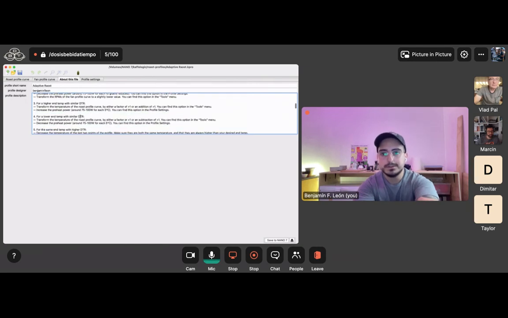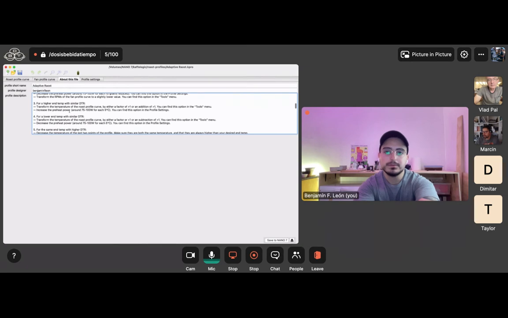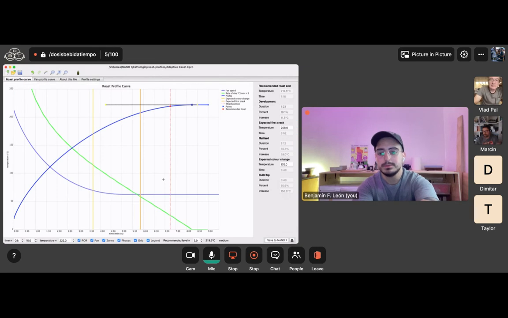So, higher temperature and similar DTR. This is basically just roasting darker, in my opinion. And how do you do this? Well, you can either transform the temperature roast profile, right? So that would be the same adjustment. Over here on the roast profile curve, just press Command or Control T, and you can apply a factor to temperature. Let's say 1.1, and over here I'm on 219.5 in temperature,